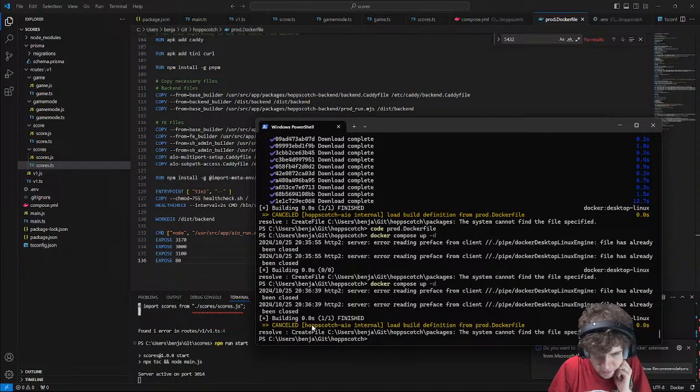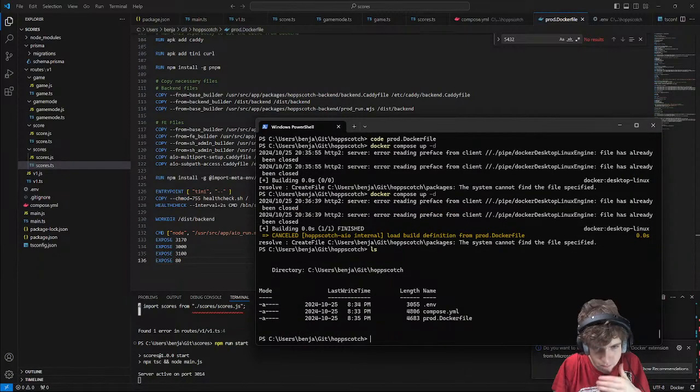Cancel load build definition prod.dockerfile. The system cannot find the file specified. It's right there. Yeah, it's right here. Why can I not find it?